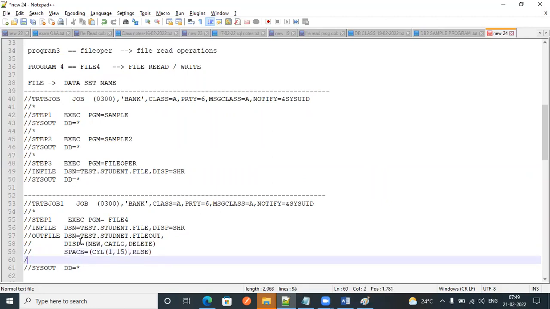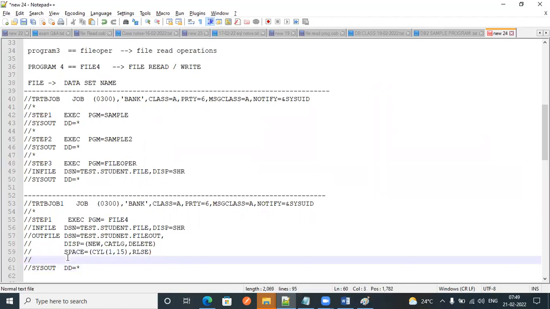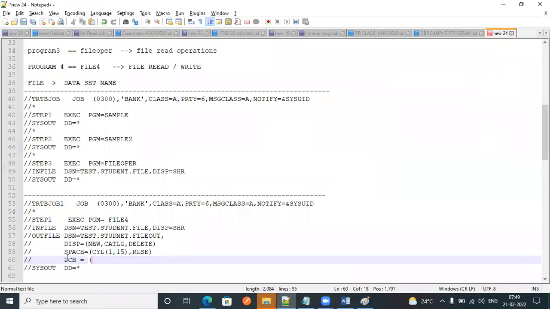Next, record format, comma lrecl equal to 100.